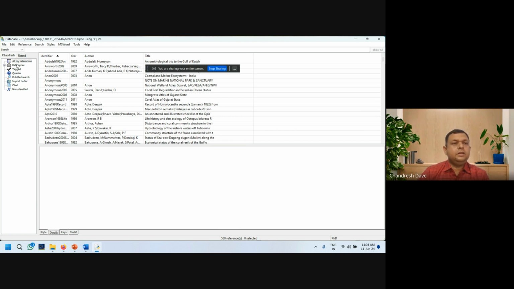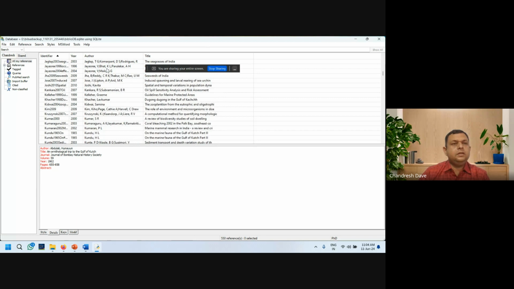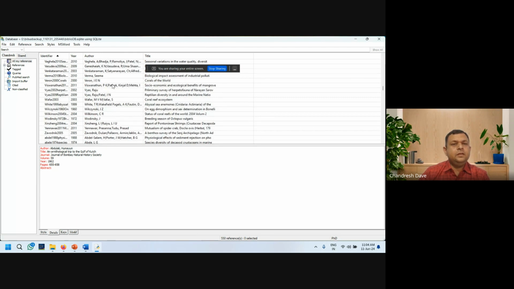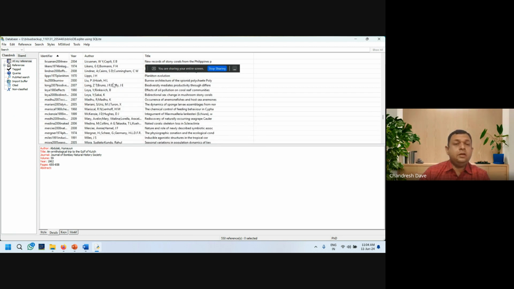Here, this is the reference section. It will show all the references available in the library. Here you can also add references.